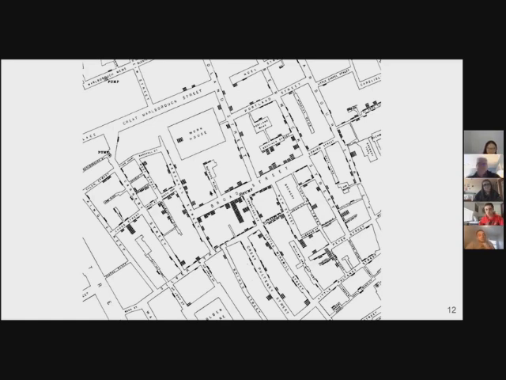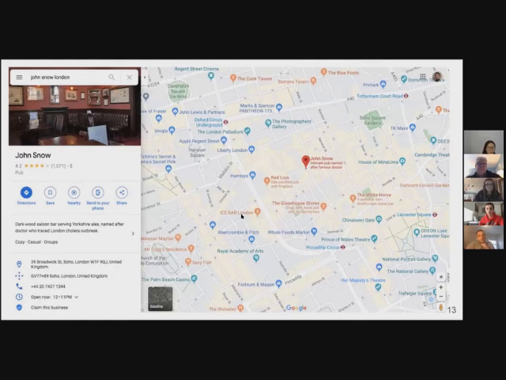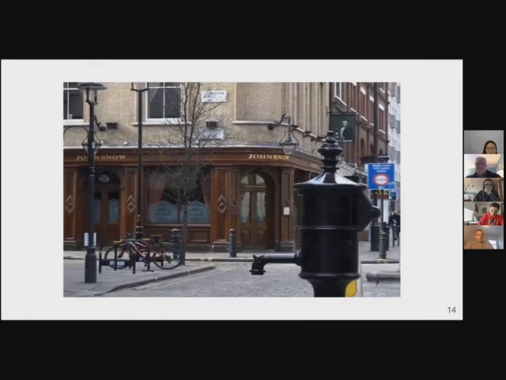And we want to highlight to you that this is the pump, which later on was figured out as the issue. We're going to get into it in more detail soon, but if you're curious, do a Google Maps search and you will see that in the Broadwick area there's a John Snow pub, and it's well rated, I guess. If you ever visit London, maybe pay a visit. And also there's a pump over here. It's not used anymore.